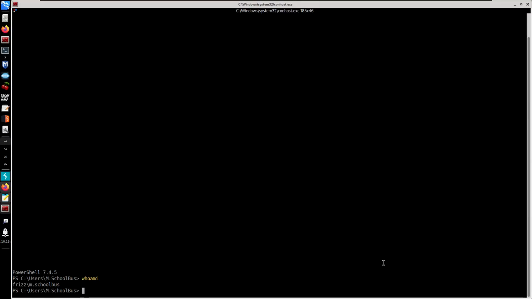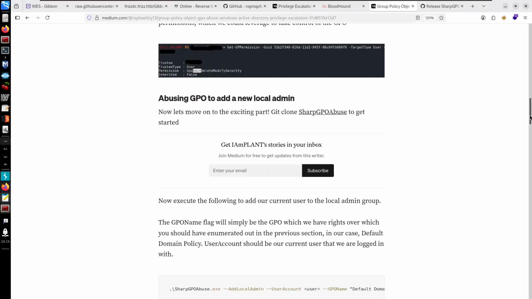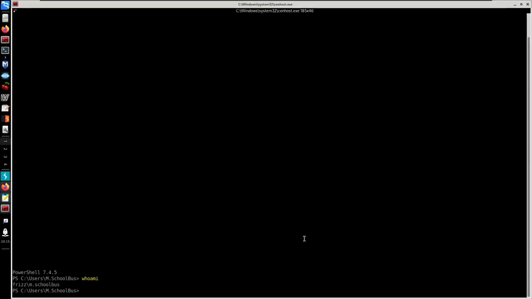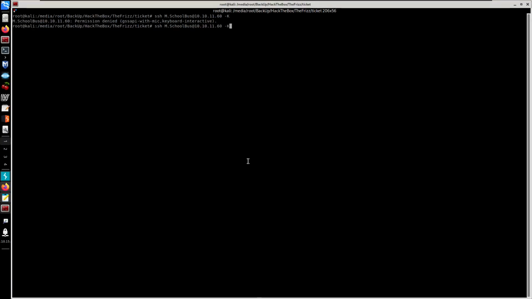So let's start doing that. So we can start by creating, before transferring this SharpGPOAbuse, I'll do Control Shift O or Control Shift L. I'm not too sure why. Okay, so I'm going to try to SSH, which I already did. I think someone did reset the machine. So I'm going to do this one more time for the user